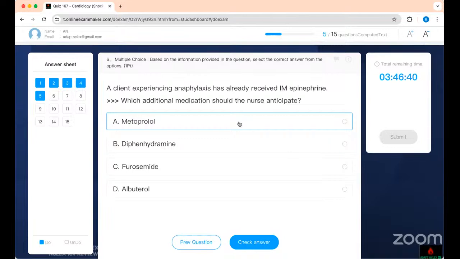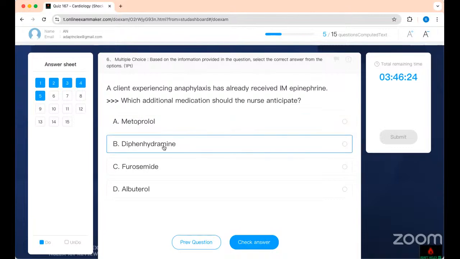And if you have Benadryl, which is diphenhydramine, it will also help with all those allergens, before you can think of oxygen and albuterol. Therefore, the next thing this patient needs is that, because he received an epi. If you give them albuterol, you cause a bronchodilation. But in this situation, you've got to attack the underlying problem, which is the allergy. Fluid is not going to help you. So they get Benadryl.